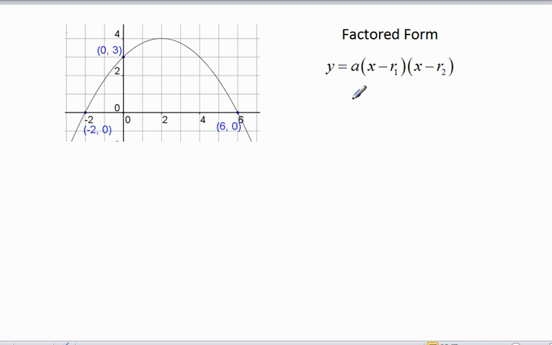Now I'm going to use this form without justification, and I'll show you at the end that it's actually a legitimate form. So I take the first root that I see, which is the -2, and I just plug it in. So here I've got x minus -2. And over here the second root that I see is 6. I just write x minus 6. Very simple thing to do. I'm going to rewrite it. So this is a times x plus 2, and a lot of people will do this right away with the negative root. They'll just write x plus 2